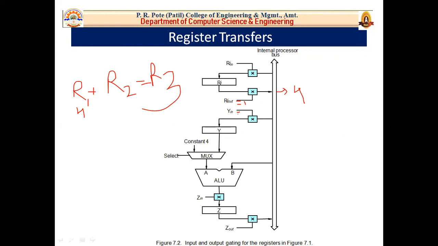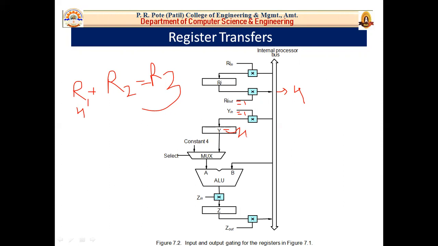That means here we have the Y in register. When this Y in temporary register is set to 1, we don't want to store our result in register Y. We want to perform the addition directly and then store our output in another register, that is R3. That's why we are not enabling this register, we are enabling temporary register Y in. Now this 4 is loaded into Y when the Y in control signal is set to 1. Now the temporary register Y is holding value 4. This causes the contents of R1 to be transferred over the bus to Y.